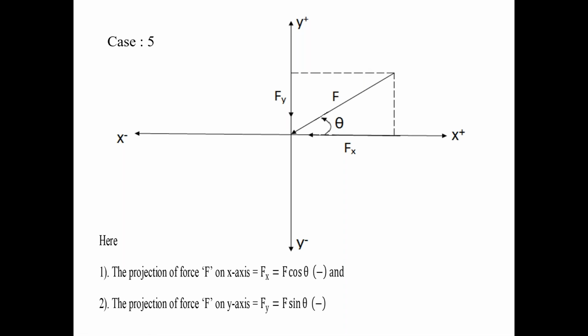Whereas the direction of Fx is towards the negative x-axis direction, so Fx is the negative projection. The direction of Fy is towards the negative y-axis, so Fy is the negative projection. So please everyone go through condition 5 on your cell phones. Don't confuse it with the first condition. In the first condition, the direction of force F is forward. In the fifth condition, the direction of force F is backward.